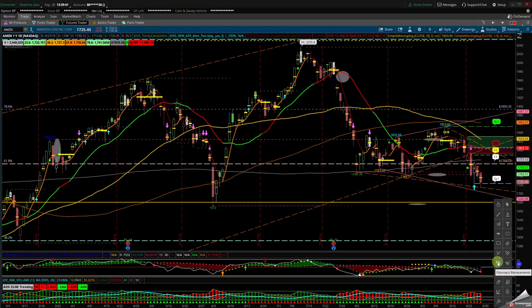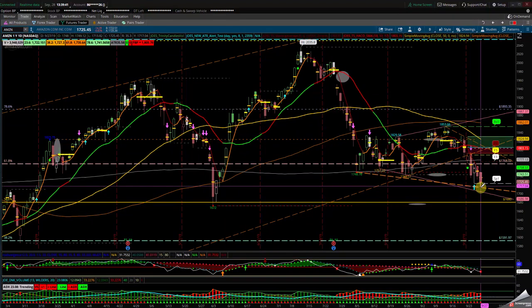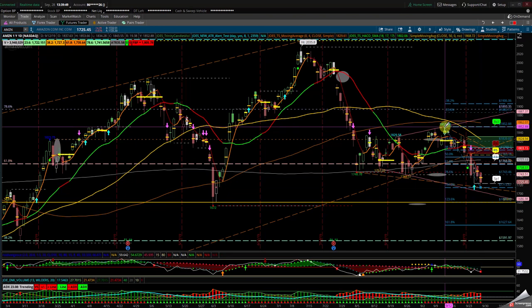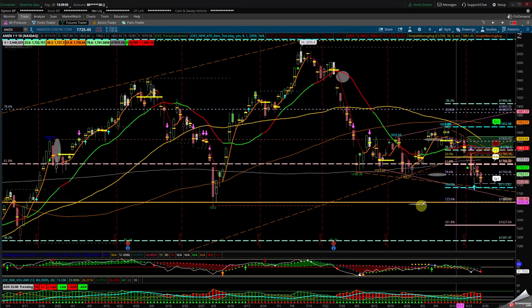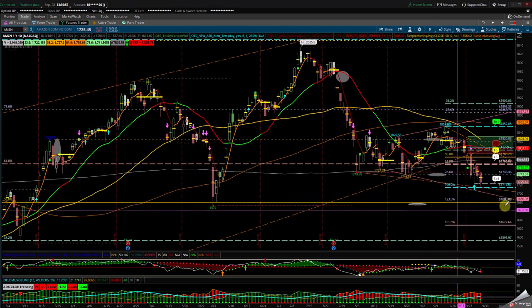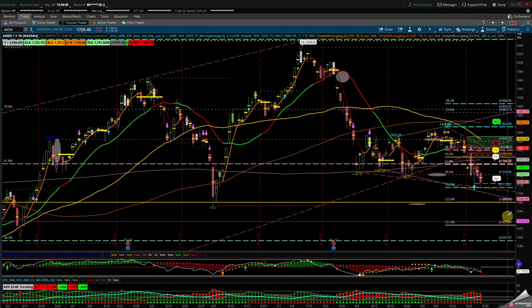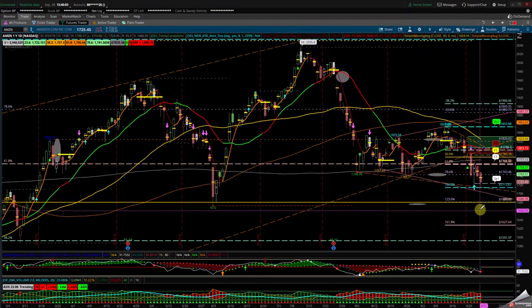And what we can use is a Fibonacci for that level. You grab this area here to this area here, and you'll get the 123. If you notice, my 123 is my 50% fib in this oval. The second area would be below that 70, halfway to 38.2, and the 50%, which is 1660, and the 50% should be in here somewhere around 1655, 1650. So most importantly, we have to hold the 123 in order to continue in that direction.